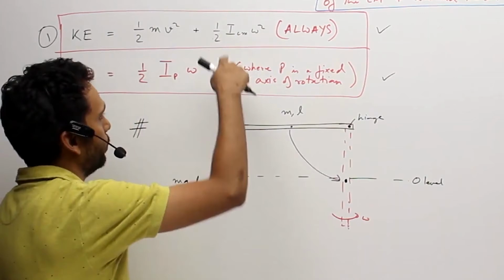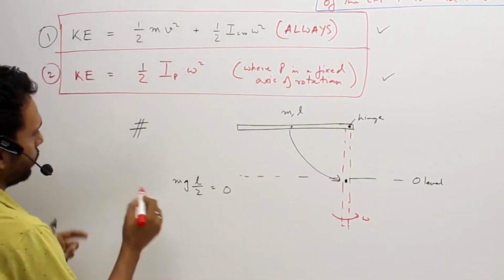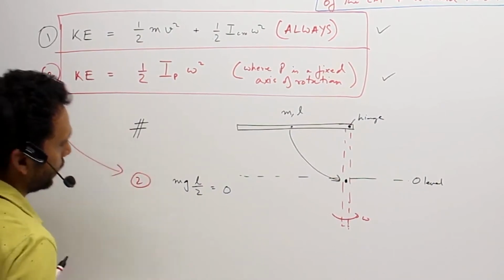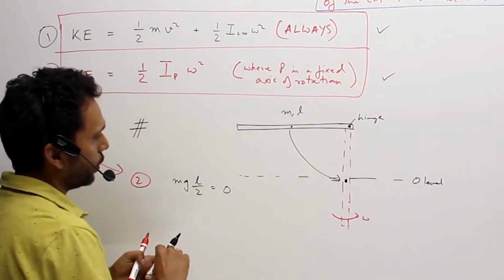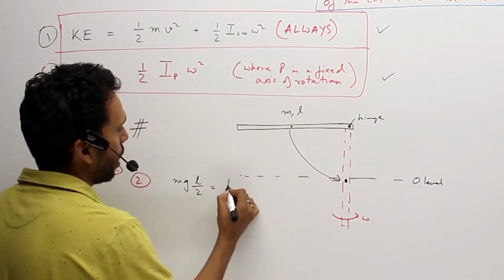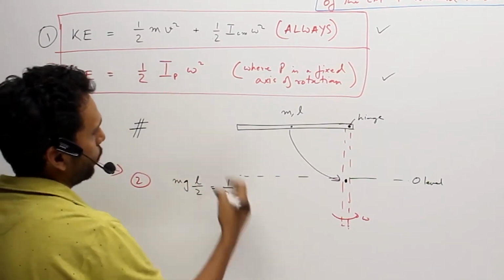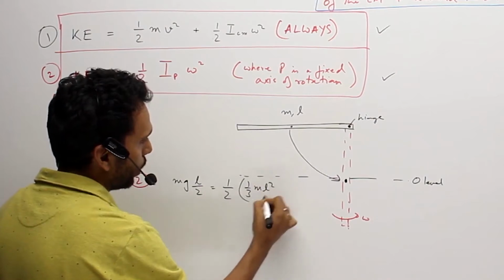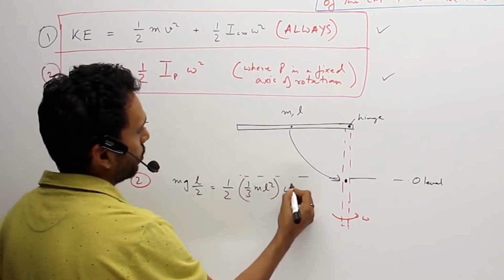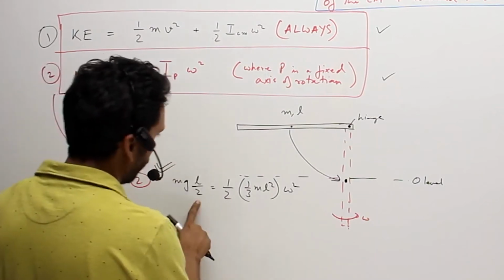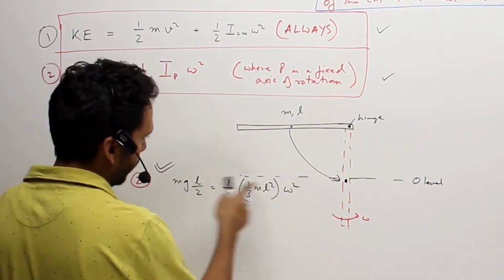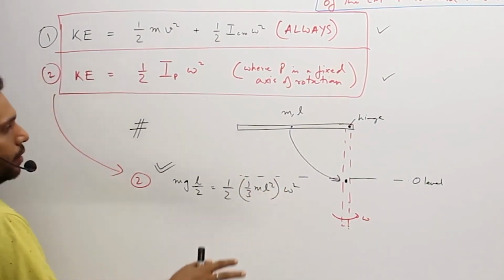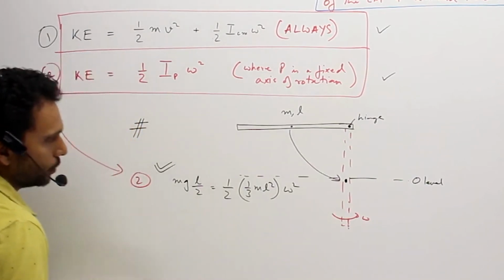Now which formula would you like to apply? So we'll apply both the formulas. I said formula number 2 is easy to apply, so we'll go by formula number 2 and try to apply that formula over here. We have a fixed point of rotation. So what does the formula say? It says half I about the fixed point of rotation. So I of the rod about that will be 1 by 3 ml square times omega square, and that's your answer. That's done. So your 2 will get cancelled here, your m gets cancelled, 1 l gets cancelled, you'll get your omega. Just verify that the units of omega should be nothing but 1 by time square.